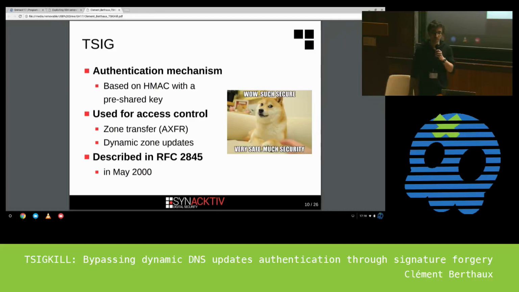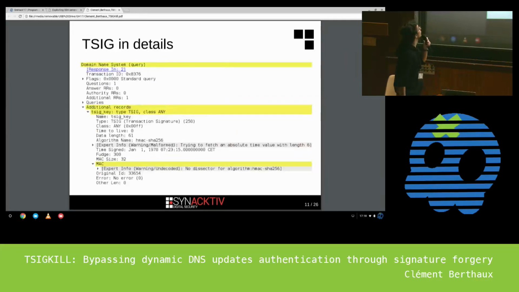It's not part of DNSSEC. It doesn't have any link to DNSSEC. So, in detail, how it works. Basically, we here have a query,